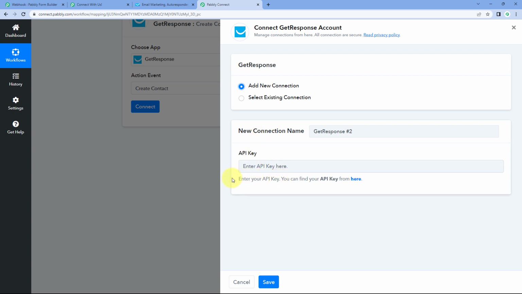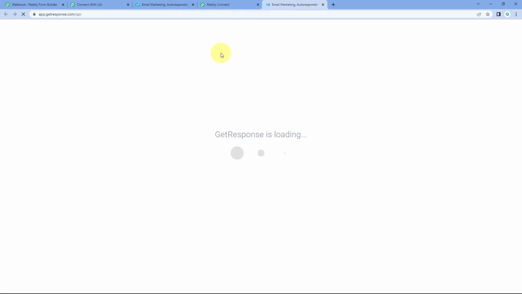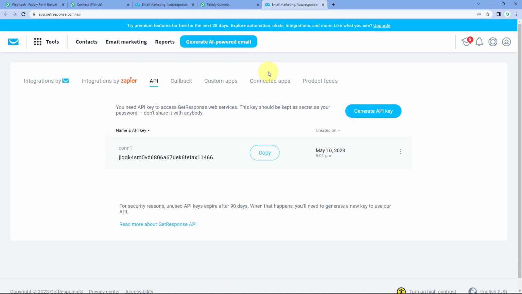And here in the help text of this connection window below API key, you can just read the help text which says enter your API key. You can find your API key from here. So here it is a hyperlink. Just click on it and it will take you to the page of your GetResponse account from where you can get the API key. So this is the section from which we can get the API key, and this is